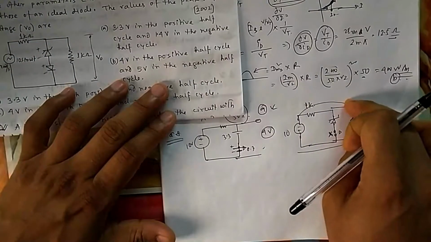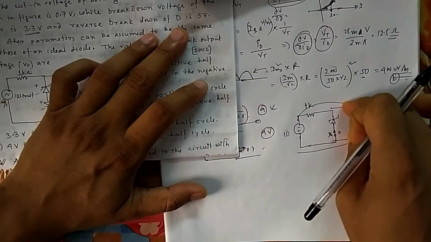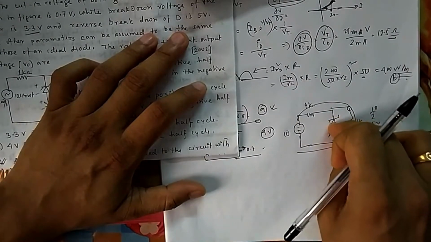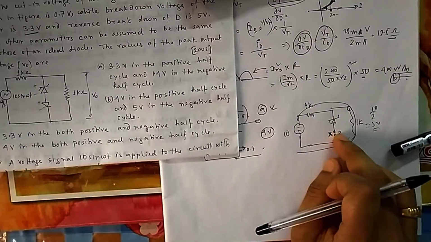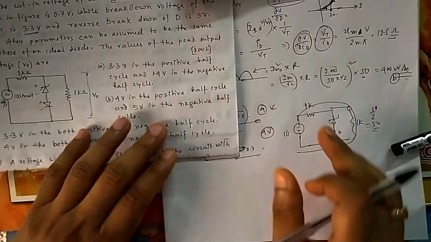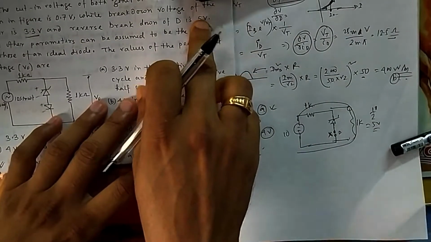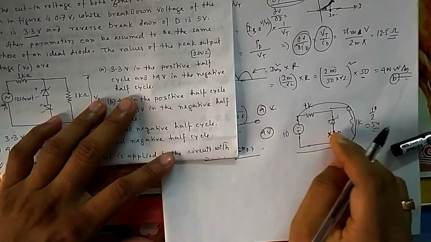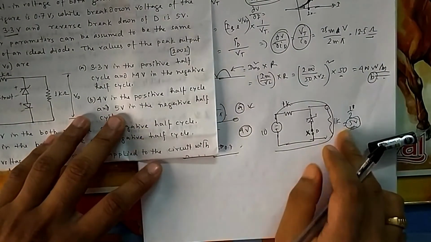So as you can see, this diode actually is not going to burn, because this is 5 volt. So 5 volt means at the max 5 volt will appear across it. So it will not burn. So what I was telling, after 2-3 cycles it will not burn, because the full 10 will not come across it. It will be within its limit, that is 5 volt, but in the reverse bias direction. So because of reverse direction, you consider it as an open circuit voltage. Okay, so what is the answer now? 4 volt in positive half and 5 volt in negative half. That is your option B.